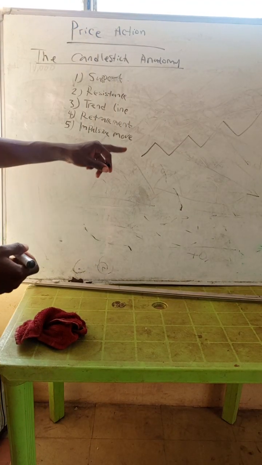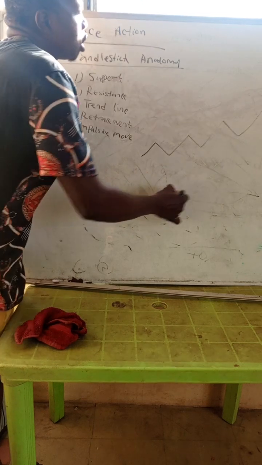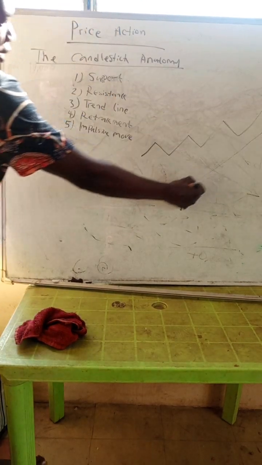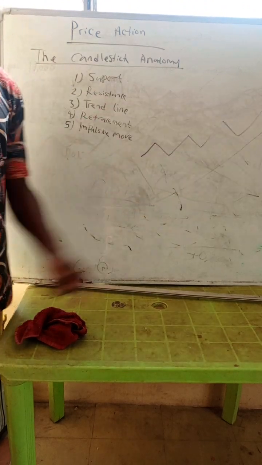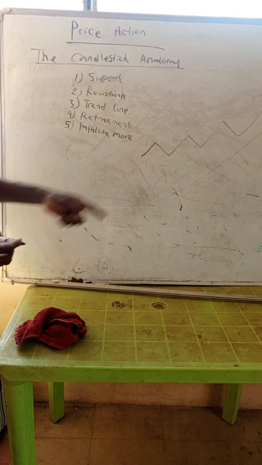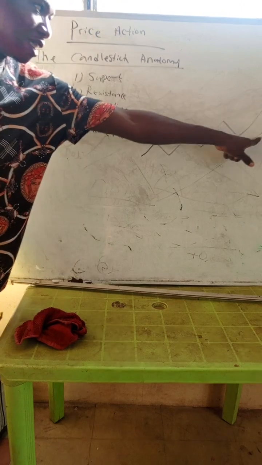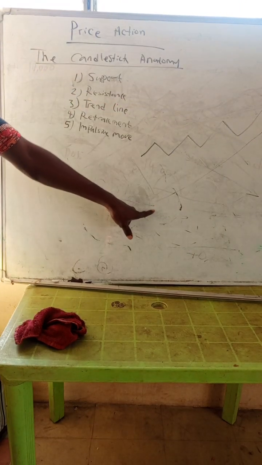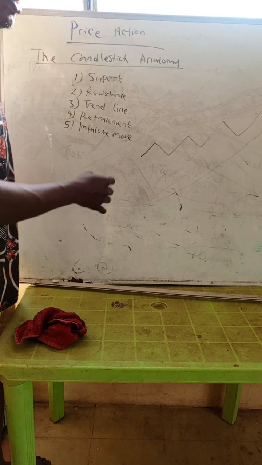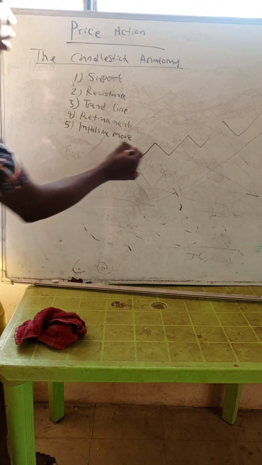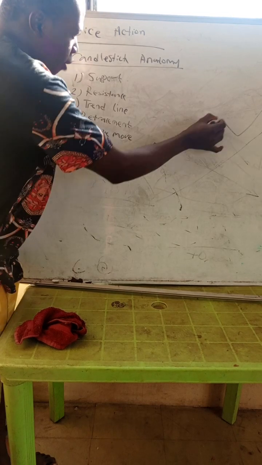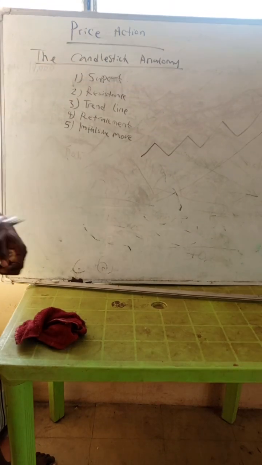You can see the market direction. If you look very well, the market is in an uptrend, because you can draw a trend line showing that the arrow is pointing up. So this is an uptrend. Even though the market is going up, you see the market did not go straight up. What did it do? It was making some up and down movement: up, down, up, down, up. You see my emphasis on the up?